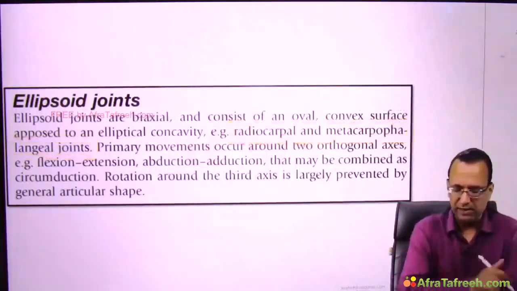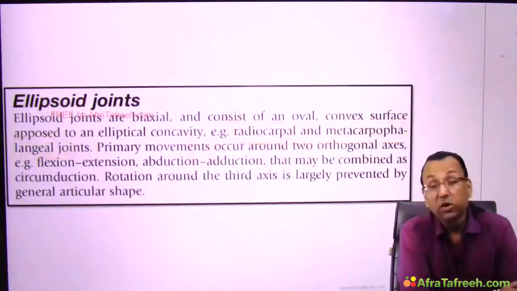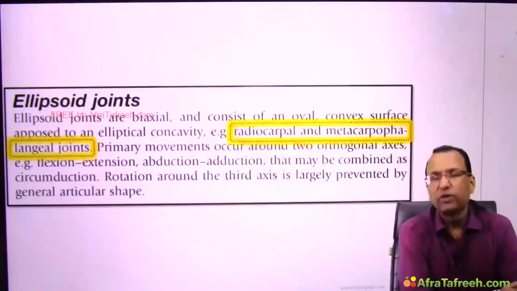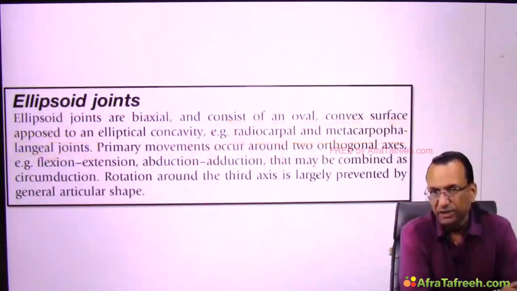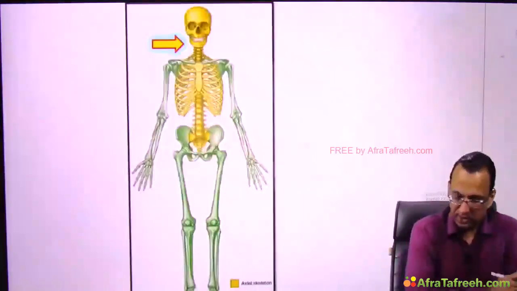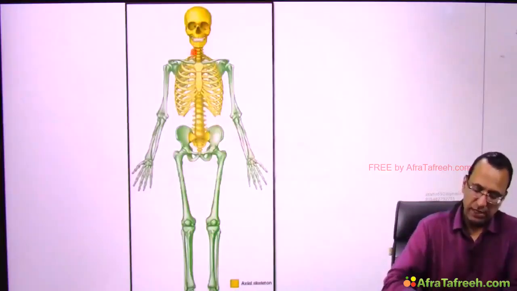Why are you showing Gray's anatomy here? Because there are controversies. Try to follow Gray's anatomy if possible. So both of them are ellipsoid. Yes. Can you show me the knuckle joint? Yeah, the knuckle joint will be shown, but even the